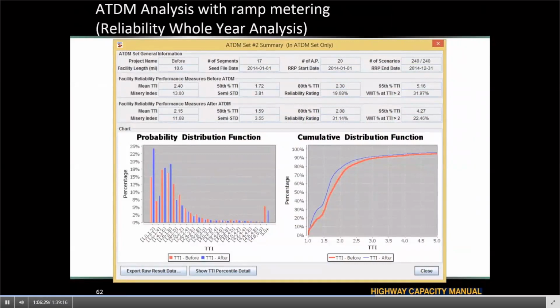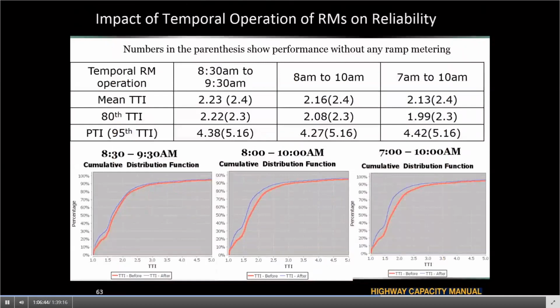And so what's shown in the bottom right of the chart here is the red before conditions and then an overall shift of the reliability curve to the left to a lower travel time index, meaning less delay, more reliable travel with the ramp metering being implemented.